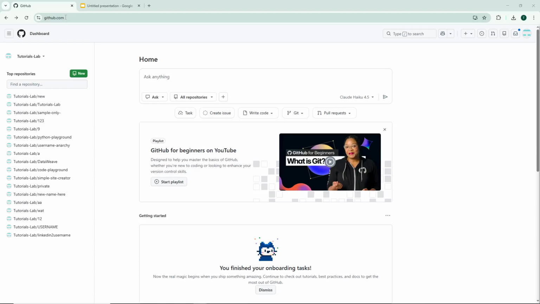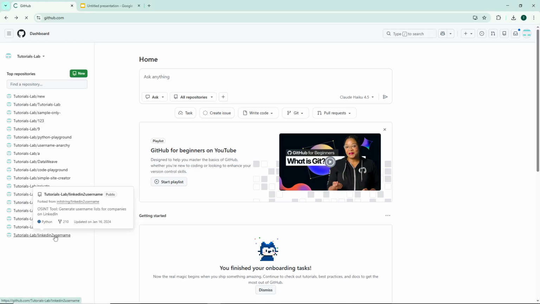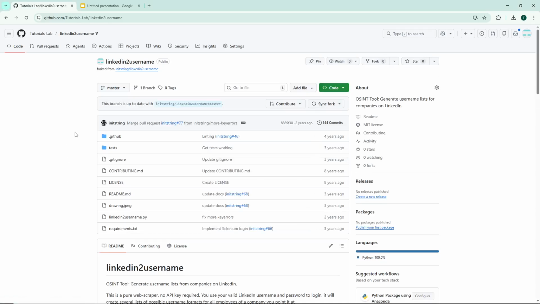Now, look over to the left panel of your GitHub interface. Here you'll find a list of your repositories. Click on the specific repository that contains the project you want to import into Android Studio. This will open up the repository page where you can view all the files, commits, and other details related to